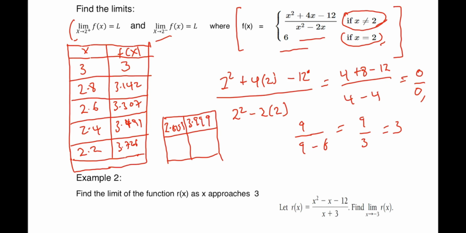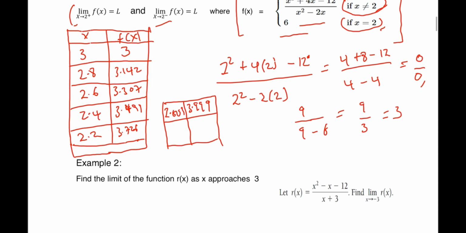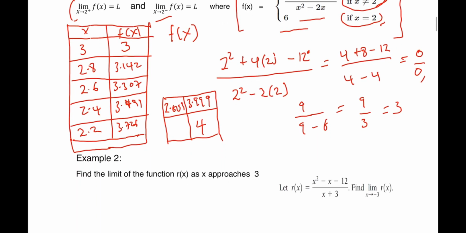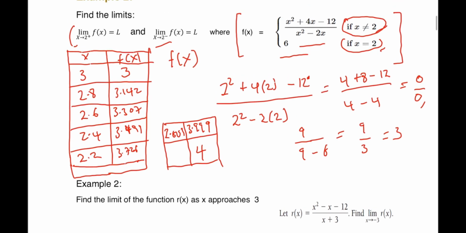3.999. So as you can see, as we are approaching 2 from the right, the function value, which is f of x, is approaching what? A value which is 4. So in this case, at 2.001, it is approaching a value which is 4. So let's do a neighborhood analysis for the left, which is doing the left-handed limit, and I believe it's